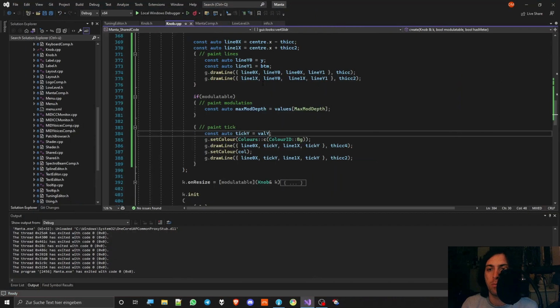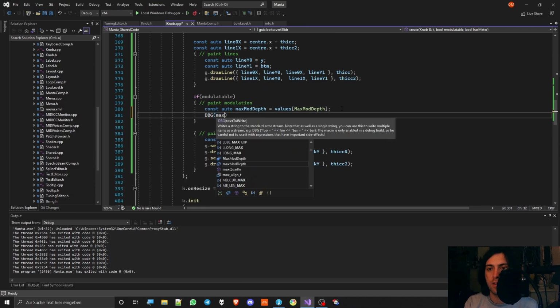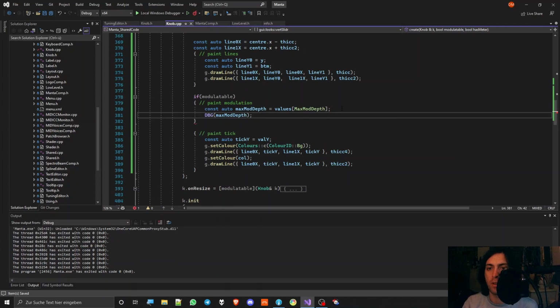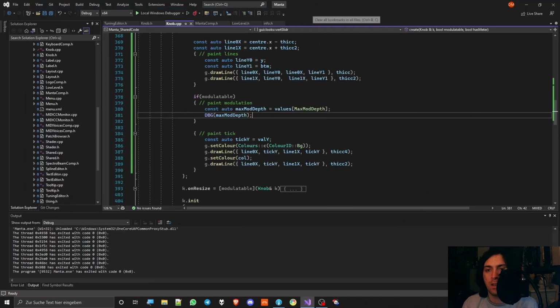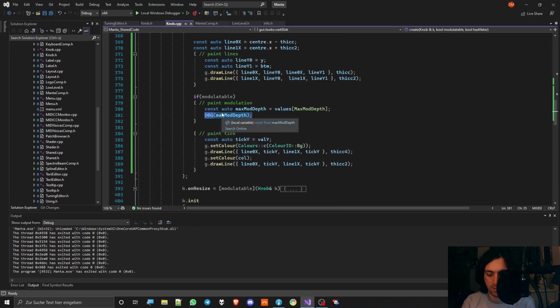Now about the max mod depth, let's quickly debug that so that we can exactly know what kind of values we deal with here. So now when I turn up the modulation to 100%, then I get 1, and if I turn it down, then I get -1, and if I double click for reset default, then I get 0. So we need to make it so that it draws nothing when it's at 0, and when it's at 1, then it draws like the entire height of the line. And of course we can easily do that by saying max mod depth height is max mod depth times height,